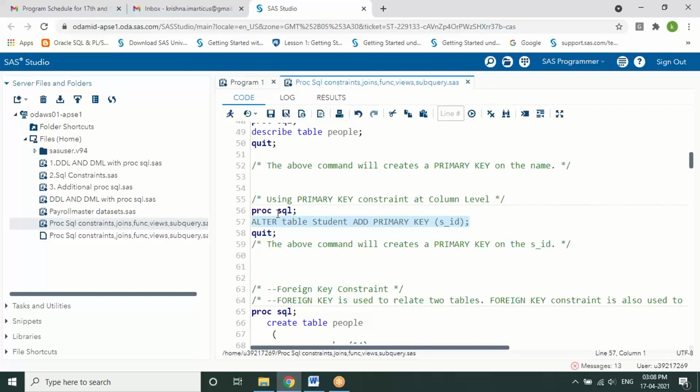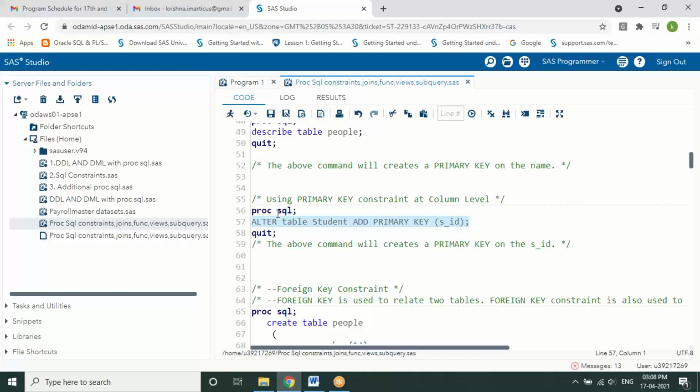Later also you can add your constraint using the alter command: alter table name, add the constraint to the column, so that particular column of the table will get your constraint after the table has been created. You can use an alter statement for that.